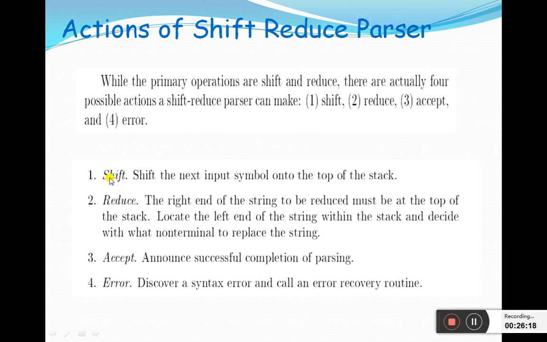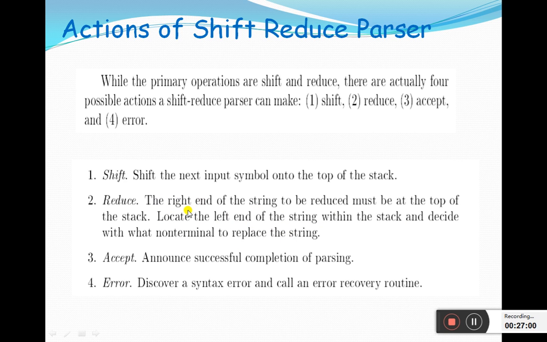So what do you mean by the shift action? The shift action shifts the next input symbol onto the top of the stack. It's a push action. Shift corresponds to pushing one input symbol at a time onto the stack. Next we have the reduce action. The right end of the string to be reduced must be at the top of the stack. It's a handle. Locate the left end of the string within the stack and decide with what non-terminal to replace the string.